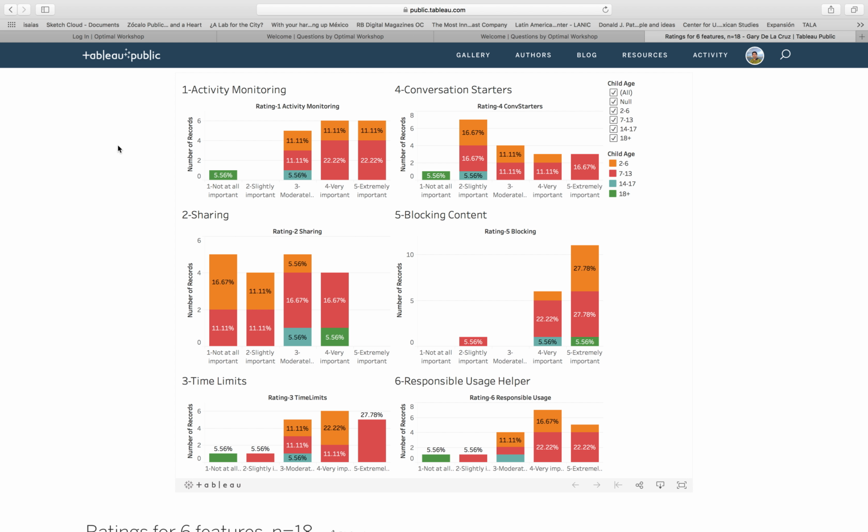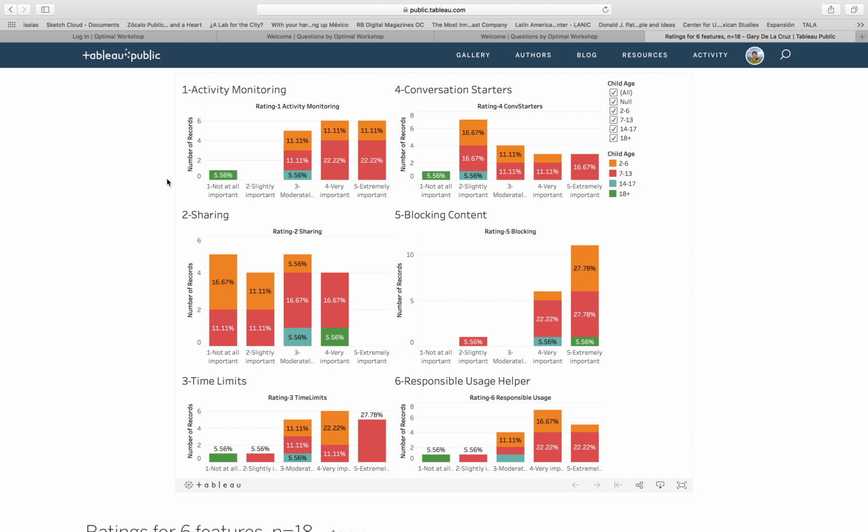So orange is 2 to 6 years old, red is 7 to 13, blue 14 to 17, and green 18 plus. And so for our purposes, I think that the age range from 2 to 6 and 7 to 13 are probably pretty important to Zot. So I think those 2 colors, orange and red, will be pretty important for us.